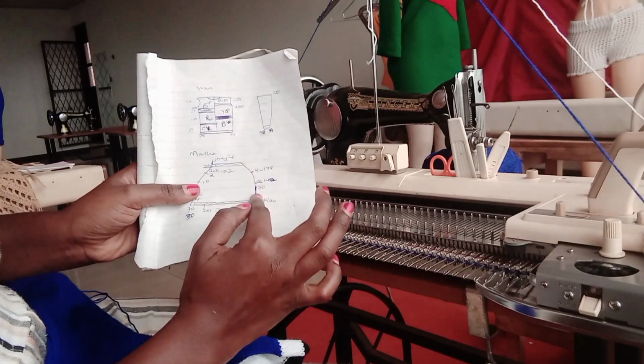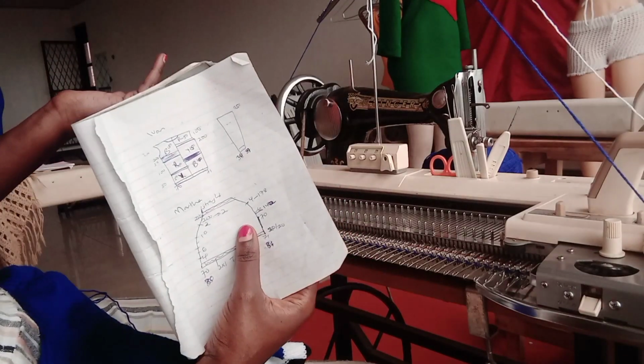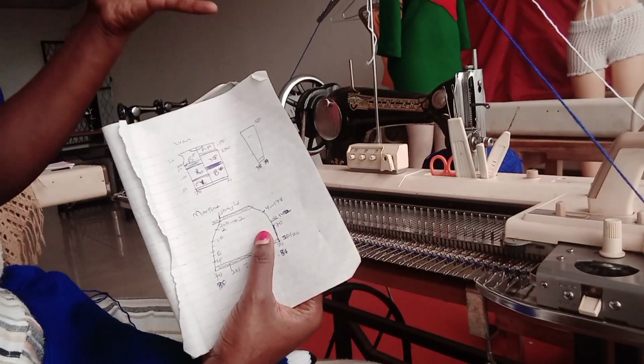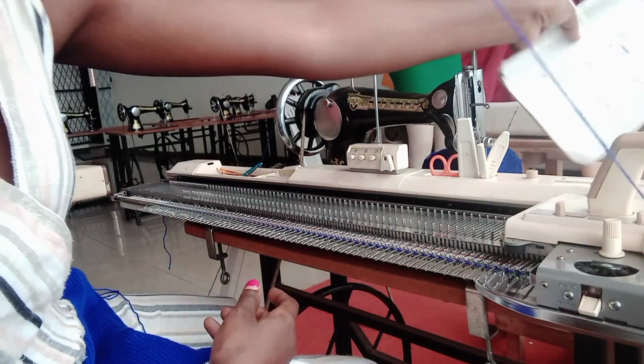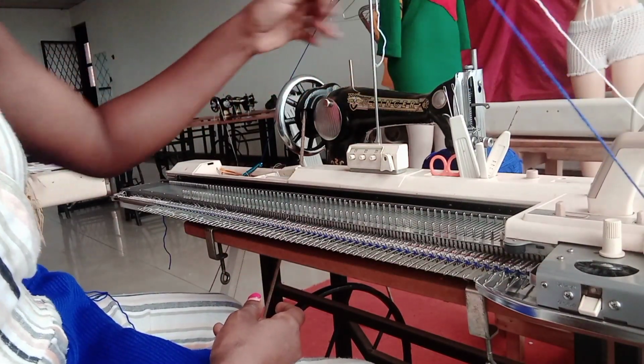But this reduction, you can try to see. It also depends on your height. If you're taller, you might want to add on more needles. If you're shorter, this can work for you. So if you are to go by these measurements,